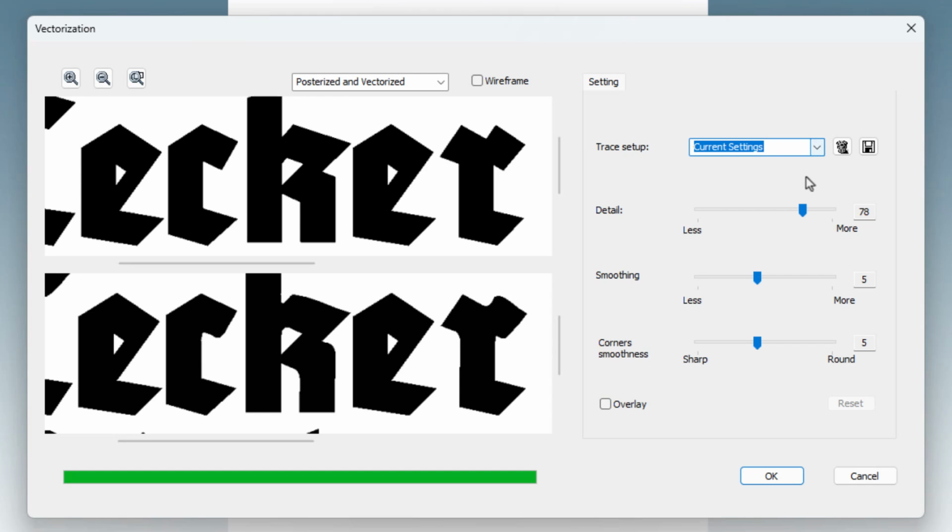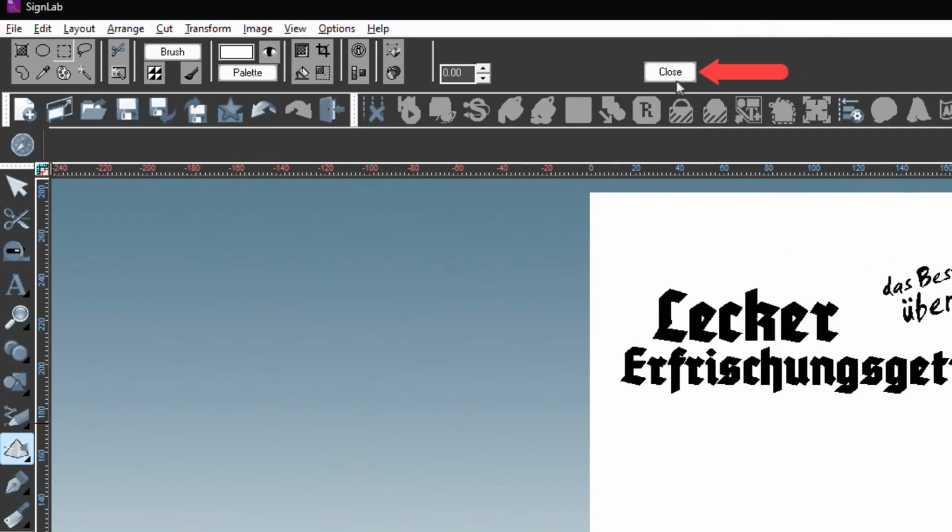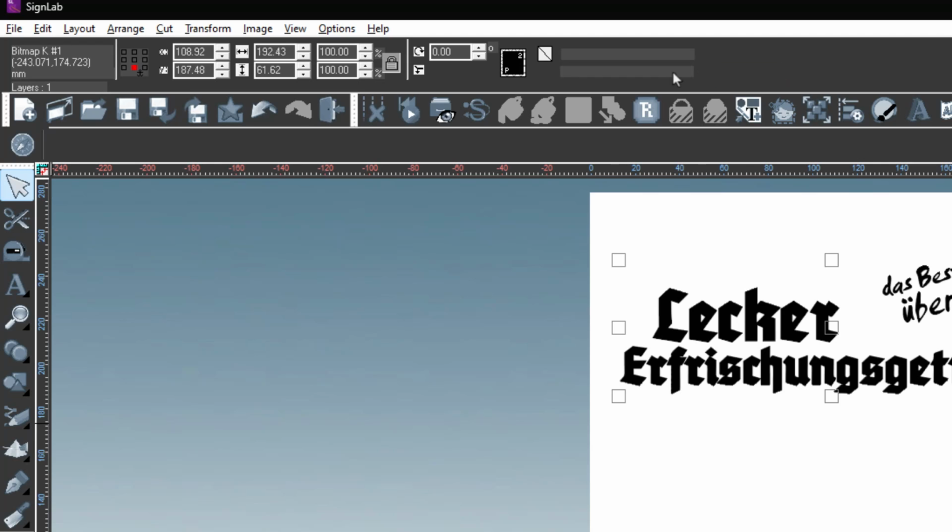For this job, zoom the view into the text. Set the values for detail to 92. Smoothing is set to 3, and the corner smoothness is set to 2. Click OK. The job has been vectorized, and to complete the process click Close found at the top to the right of the tools. The vectorization has been completed, and the resulting vector art is positioned directly on top of